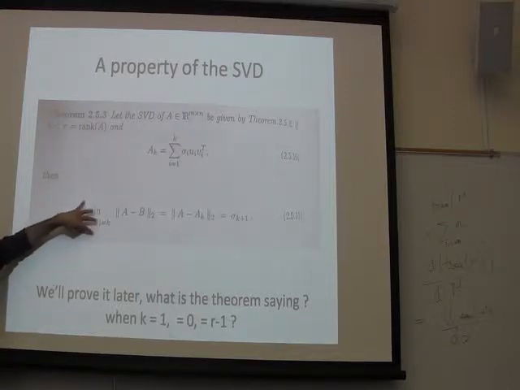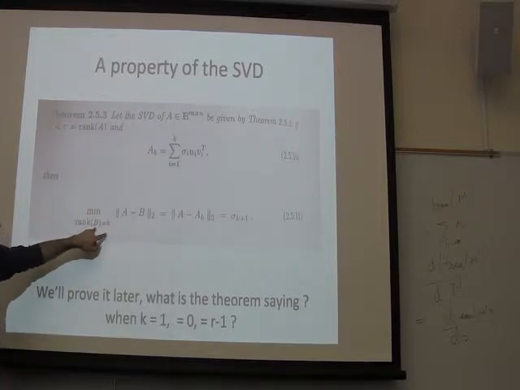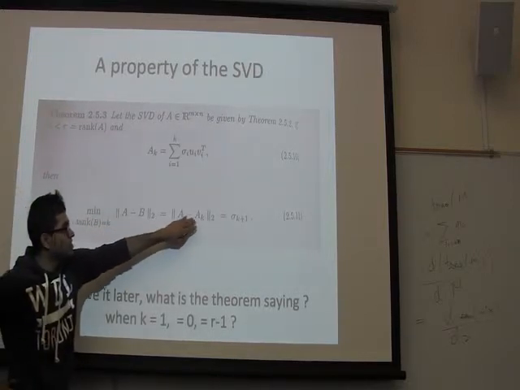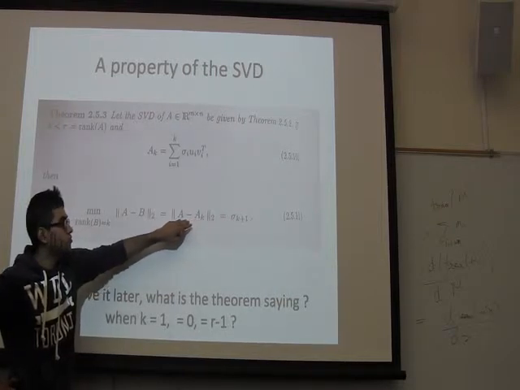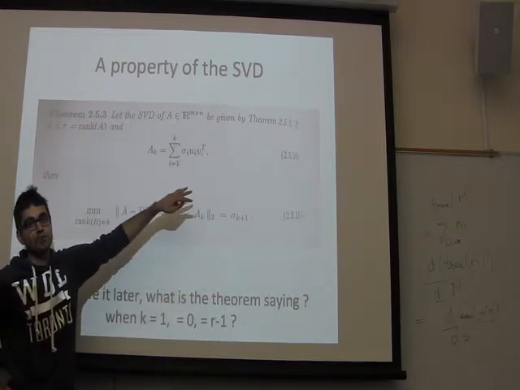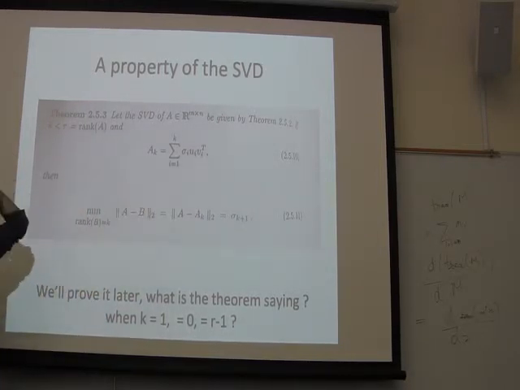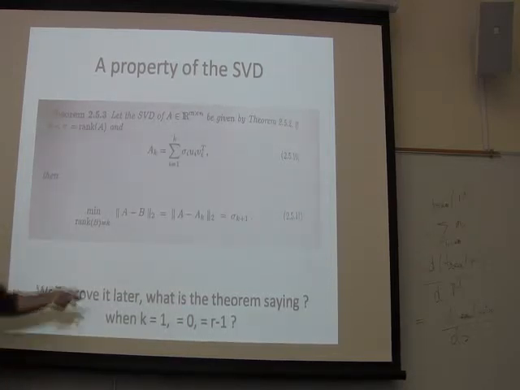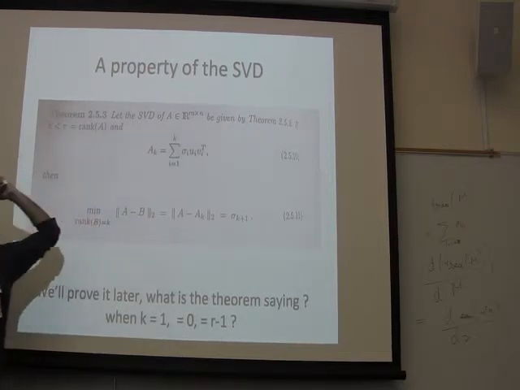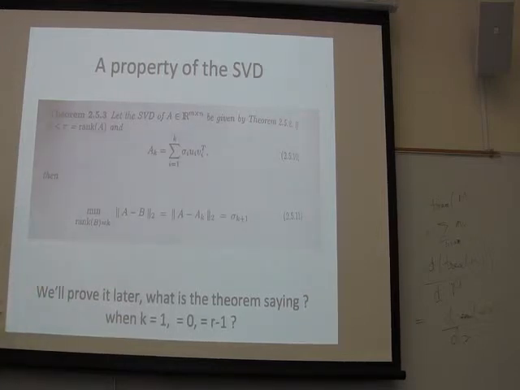So is this statement sort of clear now? What it's saying is, amongst all the matrices of a certain rank, this matrix is going to be the closest to A, and the distance of this matrix to A is going to be sigma K. And this is similar to what Eckart-Young's theorem said, but it was using a different norm, the Frobenius norm, and I think probably the A_Ks were different. The technicalities were different, but the intuition or the spirit was the same.